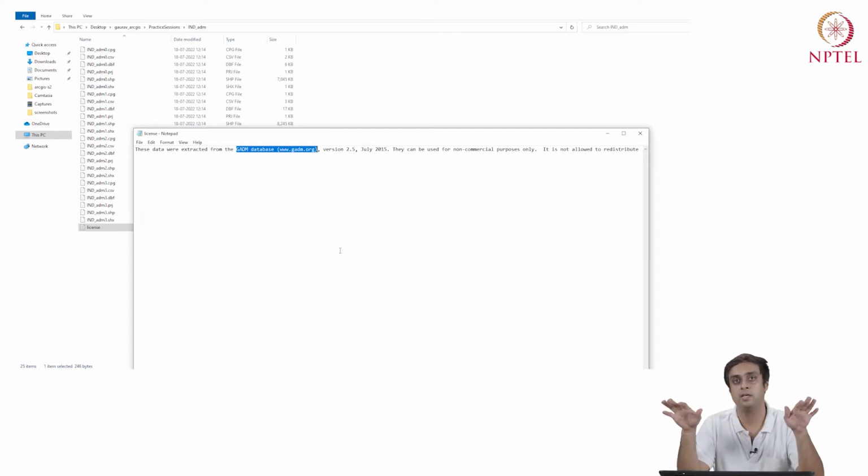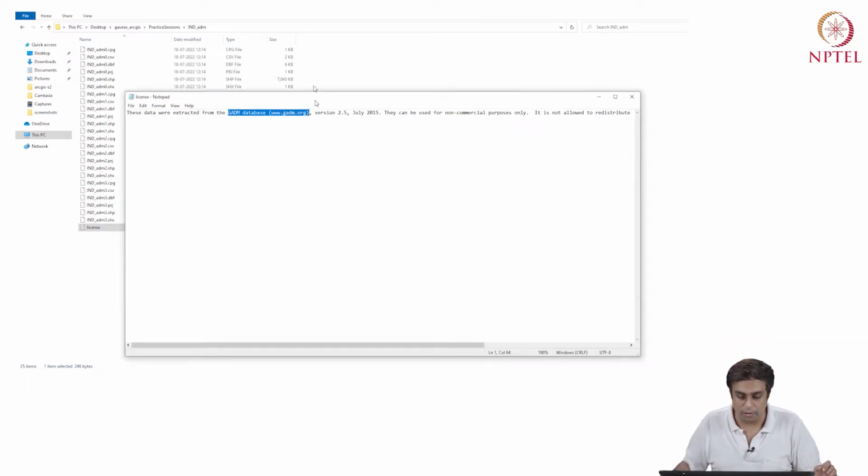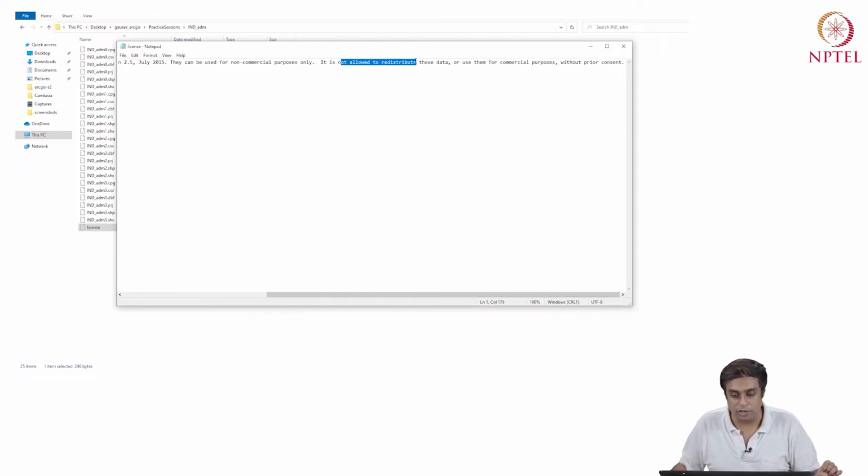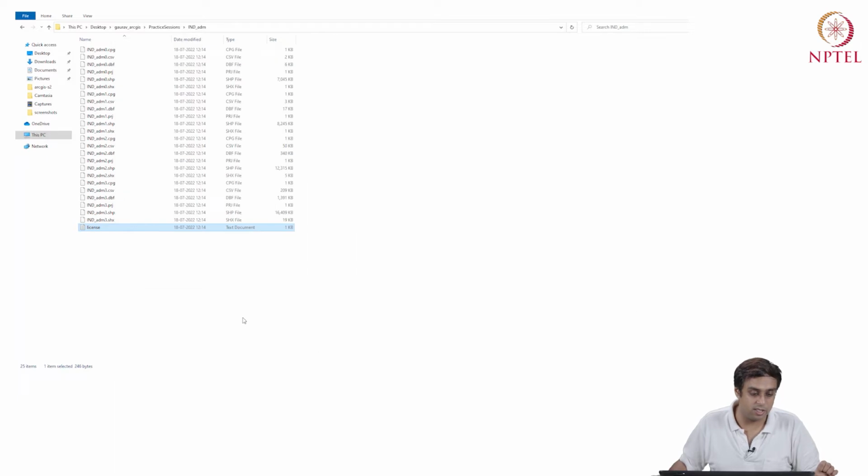All of those things are very contextual to countries, their data distribution, privacy properties, and so on. But the point is that you should always remember it is not allowed to distribute or use them for commercial purposes without prior consent. So this is something to keep in mind while you are using these data.